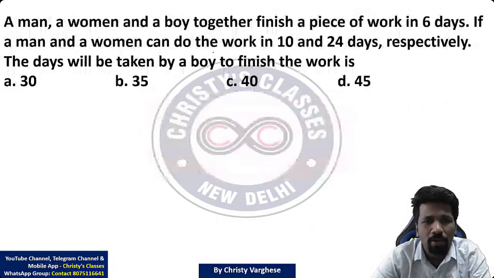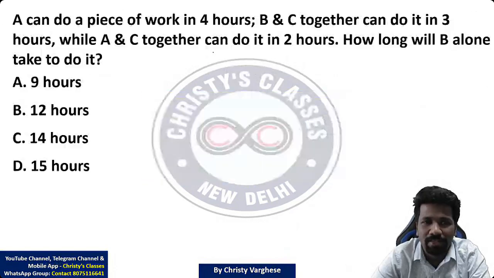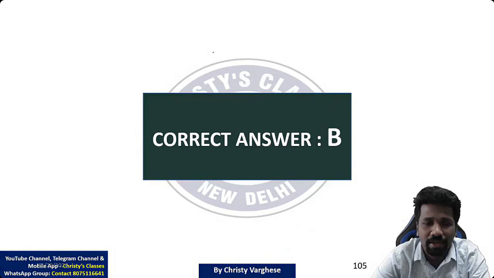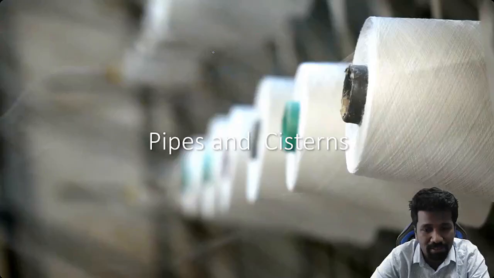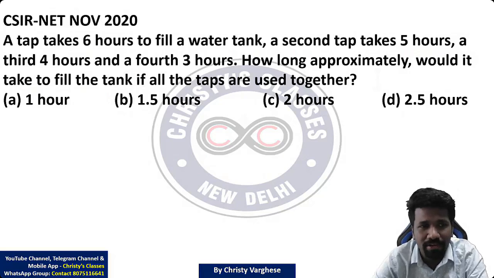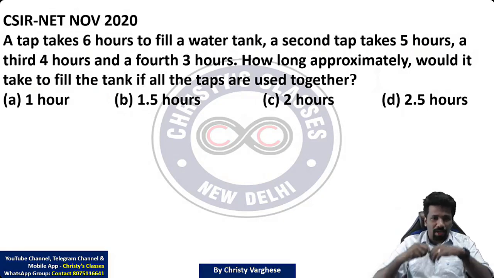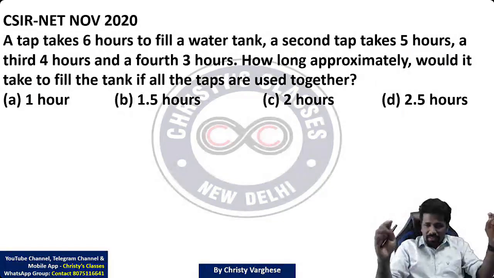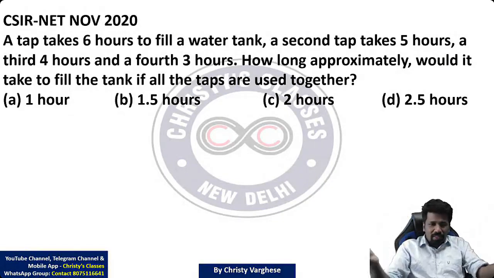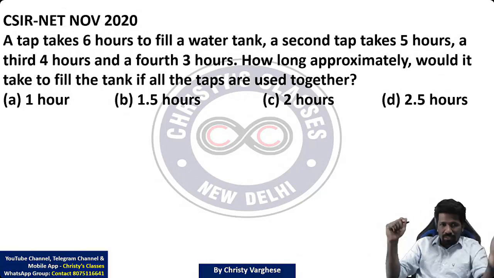Okay, now I told you the work and time chapter, this pipes and cistern chapter is nothing but the extension of the work and time chapter. Pipes and cistern में negative work का भी possibility है, but कुछ question में negative work नहीं होगा. Negative work nahi hai to all the concepts which we have discussed, same thing itself, simple version only will be asked. So for example, this